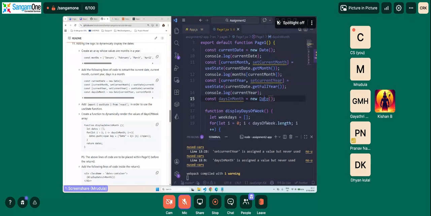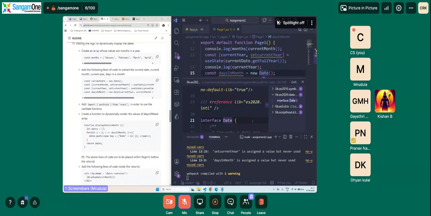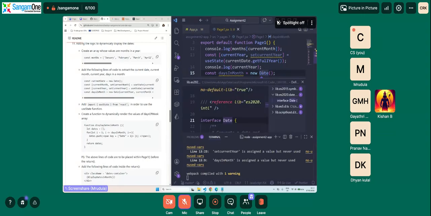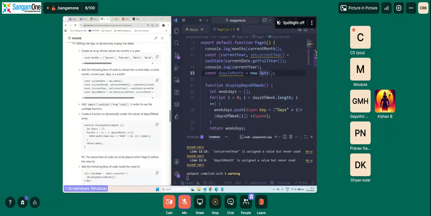See here. Is it not displaying? Okay, this is too huge. I will tell you. Normally what it takes is the year, the month, and then it gives us the number of days. It calculates and gives it.